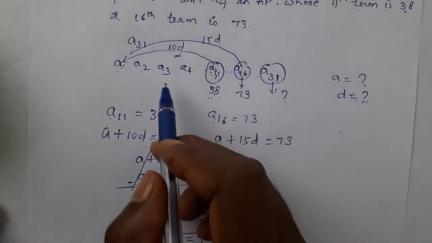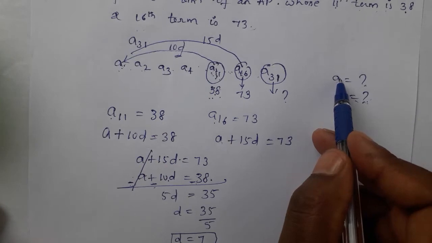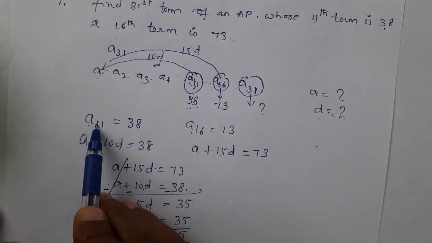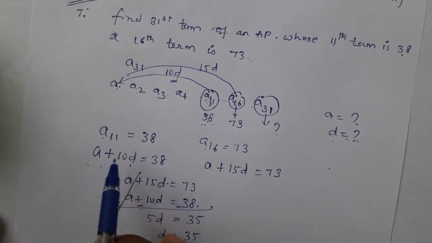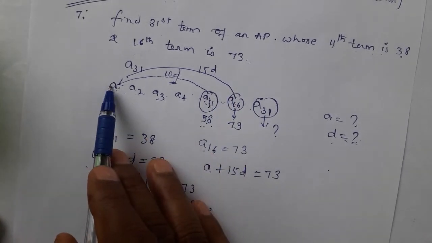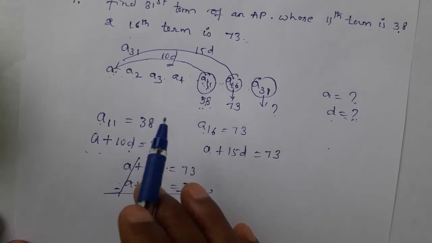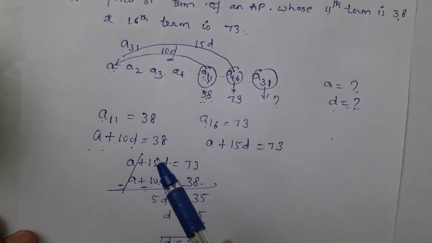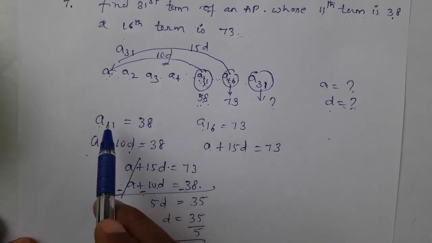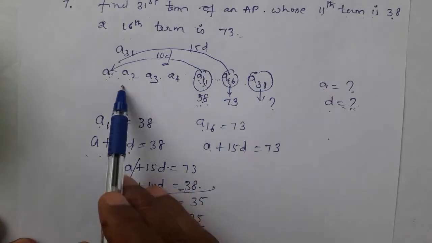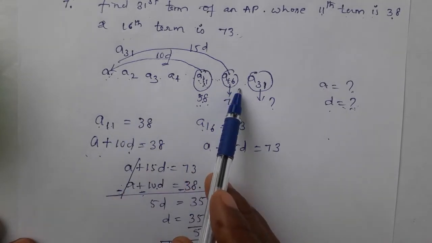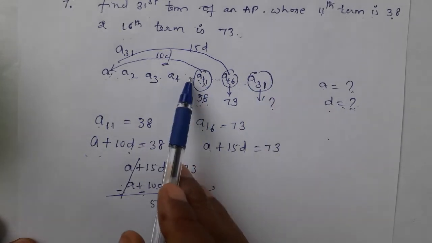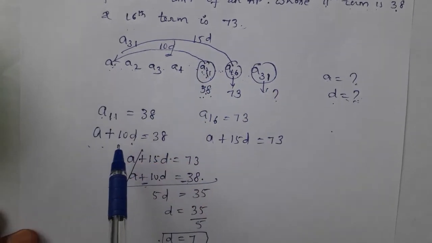Look at this, student. Before, we said in this question D is not there, A is not there, but here we got D. It is simple: whichever term is given, the 11th term is given, expand the 11th term. This expansion of any term with relation to the first is very, very important. Study this properly. Then you'll understand AP quickly, and you could solve all the problems. Remember, all the terms sitting in a line, in a sequence, in a progression are always related to the first term. So if you relate every term with the first term, it is very simple.